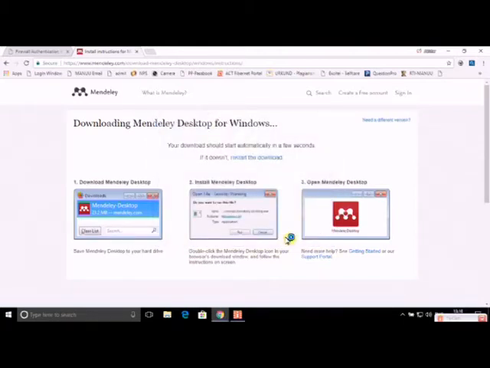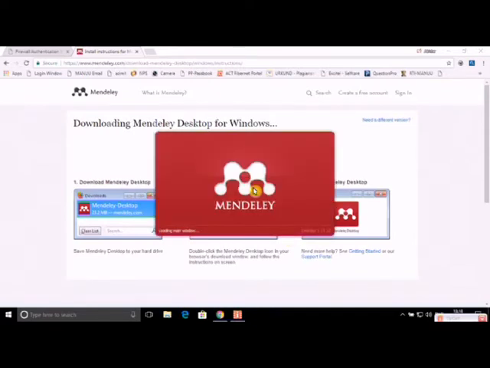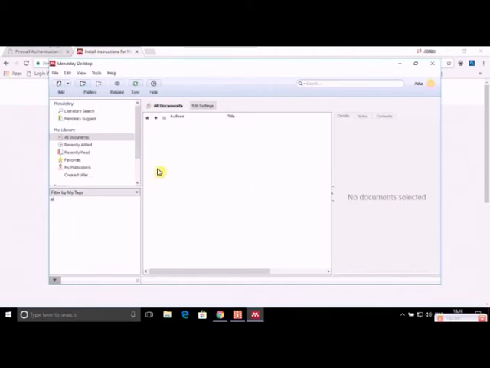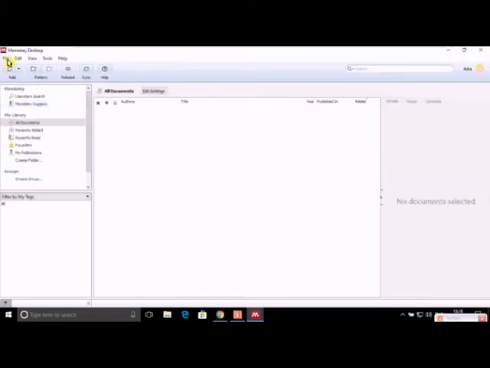So now my Mendeley application has been installed on my desktop, and this is the Mendeley application, or rather Mendeley dashboard, with all these options like file, edit, view, tools, help, and other options within these tabs. Since I already had an account on Mendeley, it has opened up the application, and you may have to define a user ID and password to create your own account.